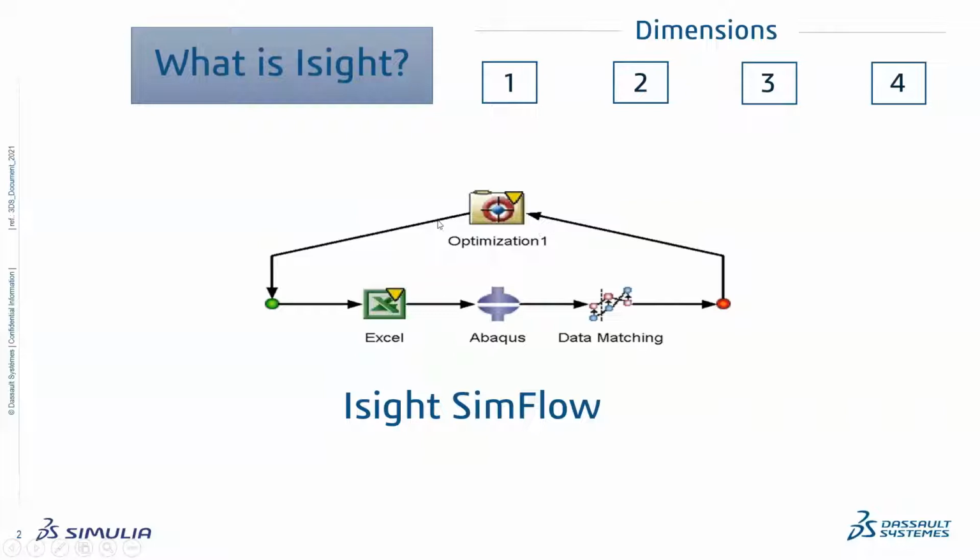Or you might have another, what we call a driver application, which drives this whole process. The driver component could be optimization, or a DOE, or just a regular task which does the activity one time, something like that. You can easily communicate between different software, and also in case there are multiple files involved, wherein the parameter information, or sometimes the output of one particular activity, that particular file is required to run the next activity, even that is possible. So not just the parameter information, but even files between different applications,